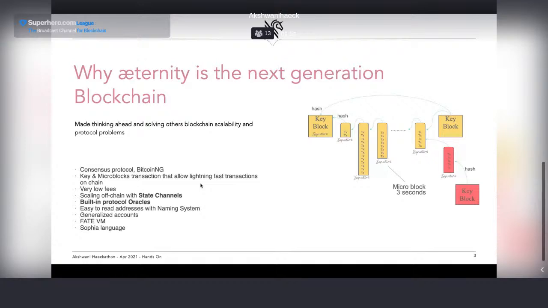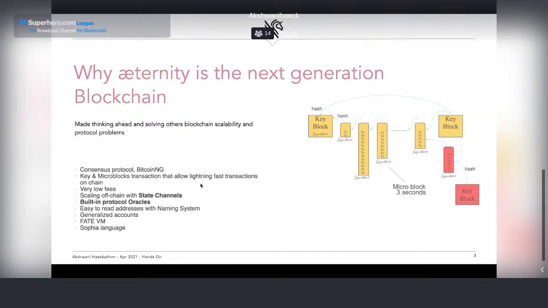And mainly it's because it was made by thinking about all the different problems that all the other blockchains have, and solving them from the ground up. That makes a very big difference. It's not the same trying to solve the issues while I'm facing them as knowing which issues I'm going to have and starting from scratch solving that.